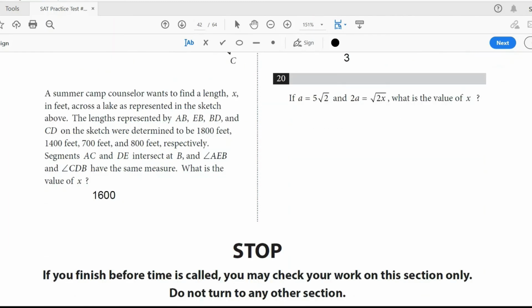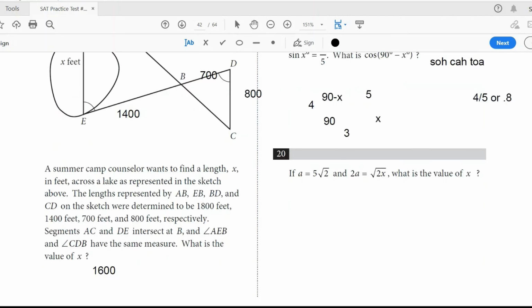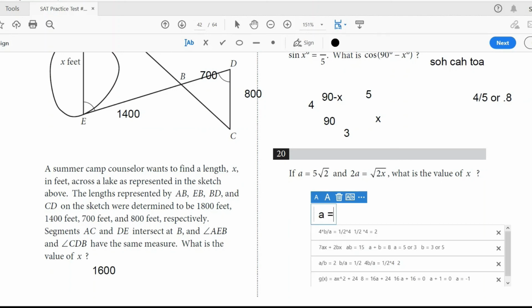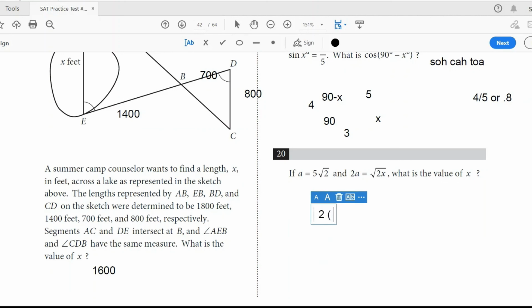Now, final question. If a equals 5 root 2 and 2a equals root 2x, what is x? So, we simply do substitution again, which means 2, and we substitute a, so 2 times 5 root 2 equals root 2x. We make it 10 root 2